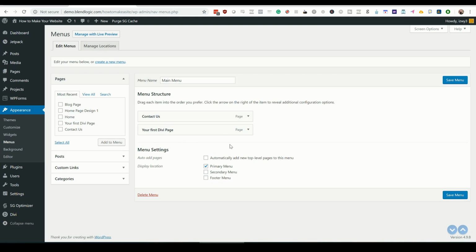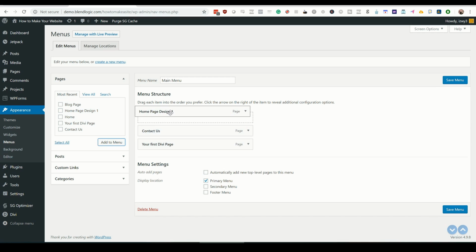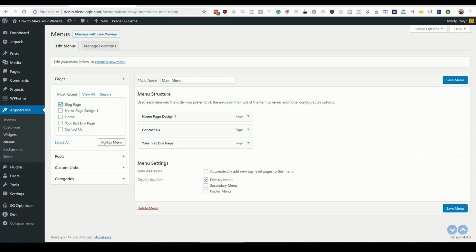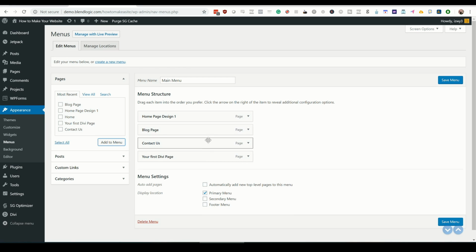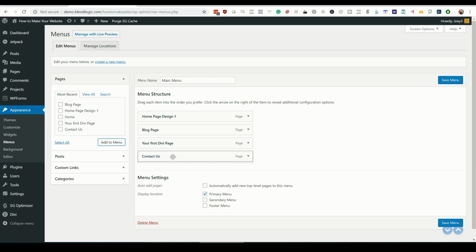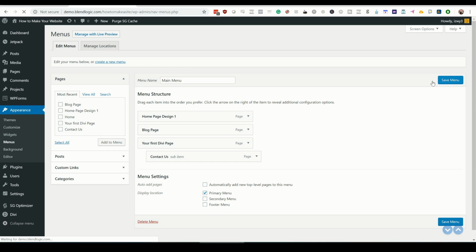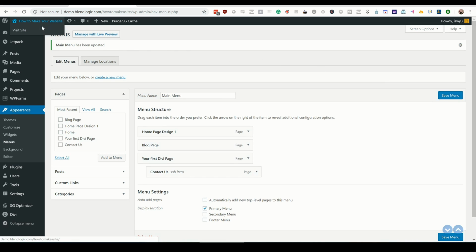So this is what the WordPress menu configuration page looks like. For our demo site, we have these two, but we want to add the new homepage that we just designed. You simply click and add, and it goes in the order that you expect. You could drag and drop, configure it how you want. Also, something cool that we want to show you is sub-menus. All you do is drag your cursor and indent it, and we're going to take a look at what that looks like on the live site.